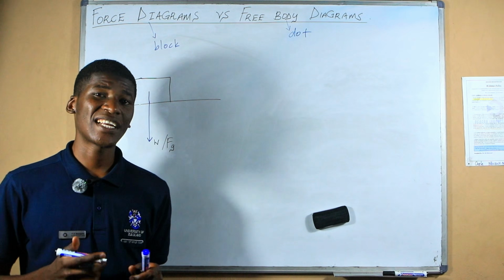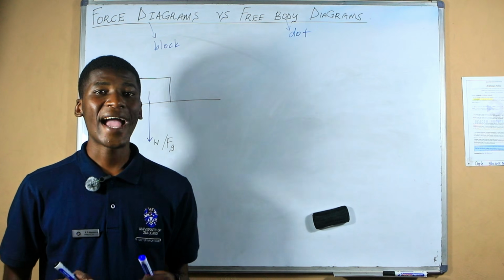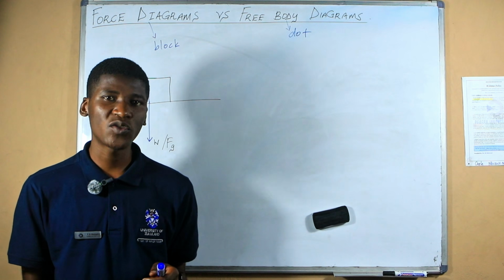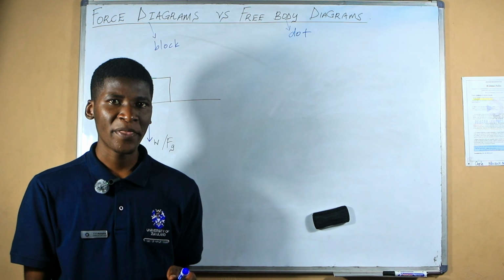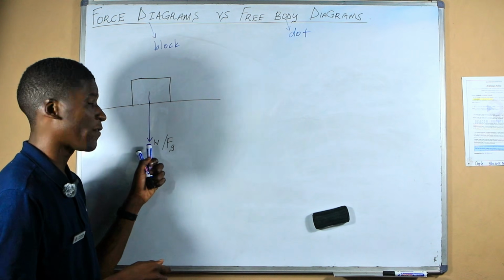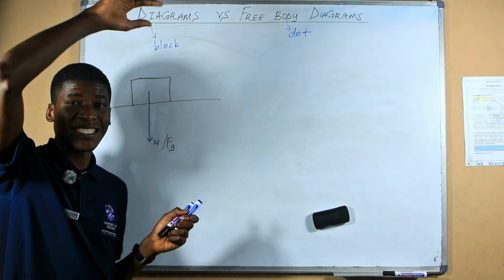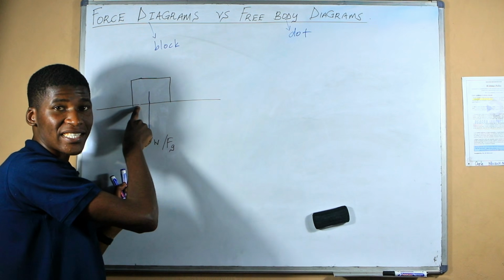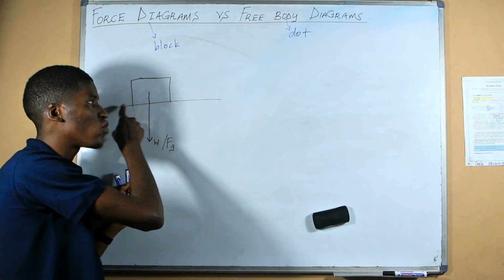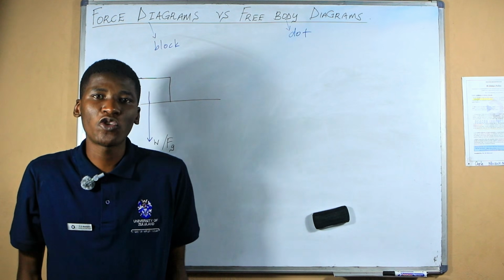Now, there's another force that I told you about in the previous video. I said that whenever an object is on top of a surface, the surface applies a normal force on it. So to be able to balance this gravitational force, because this gravitational force is pushing down the object, the moment this object lands on a surface, or it can be a table or any surface. For example, here I'm on top of a surface, right?